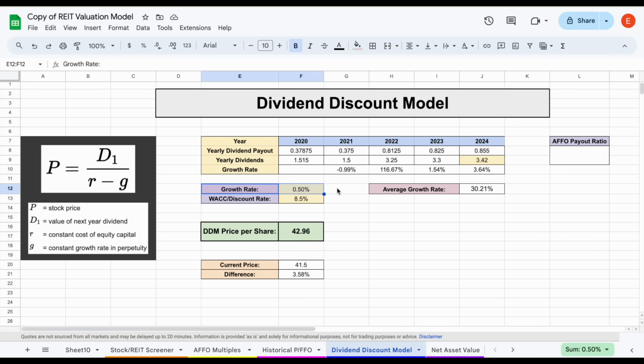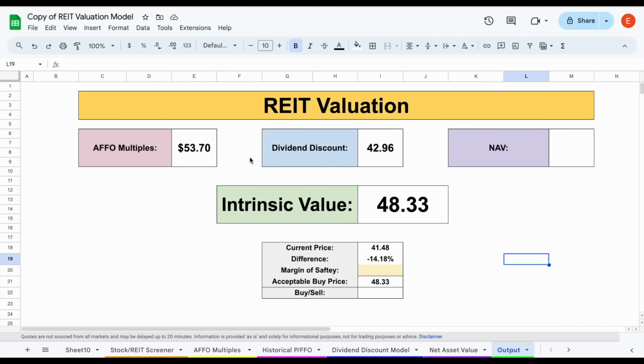I actually think it may be possible, but because of the dividend cut, I don't want to make the assumption those 3% dividend growth rates will be the normal moving forward. But even with that low dividend growth rate, it appears to be a pretty good valuation because of those big dividend payments. So when we jump over to the output tab, we can see the AFFO multiples at 53.70, dividend